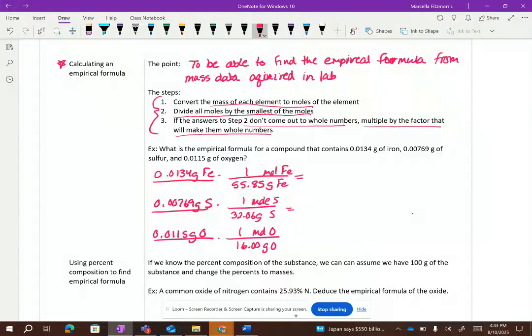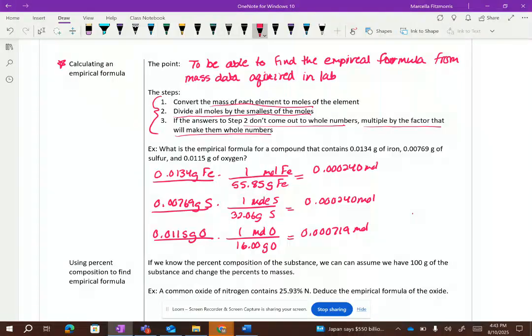And we find the moles in this case. The moles for the first one is 0.000240 moles. The next one is 0.000240 moles. The next one is 0.000719 moles. Now, I've never seen a formula, because this is the ratio here, but I've never seen a formula